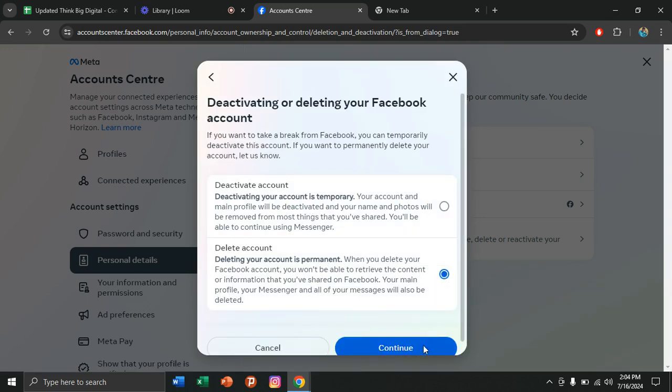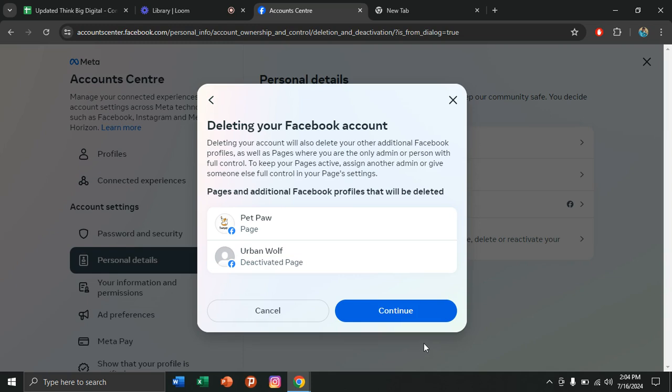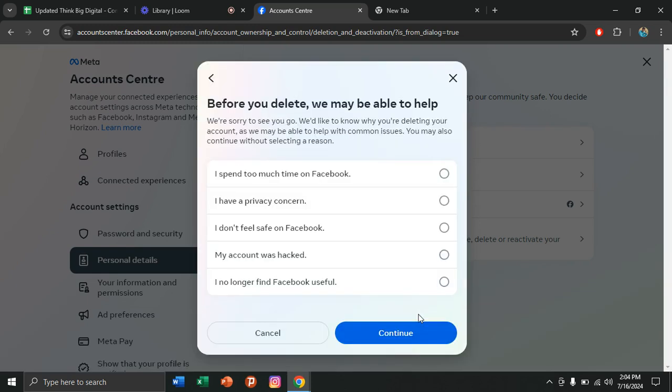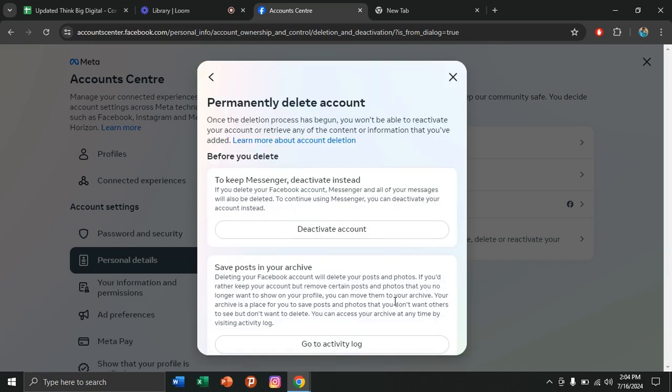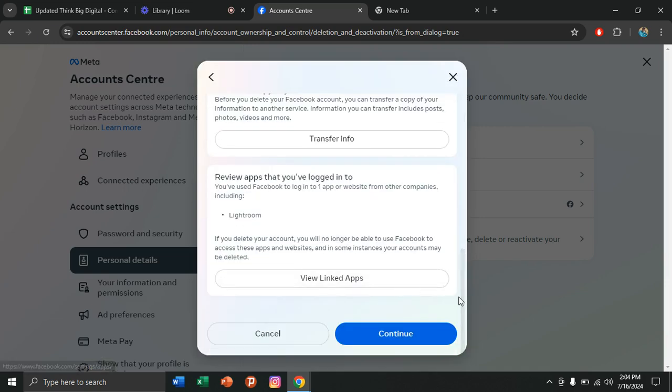Click on continue. Click on continue. Click on any of the options from here. Click on continue. Okay. If I just click on continue, my account will permanently